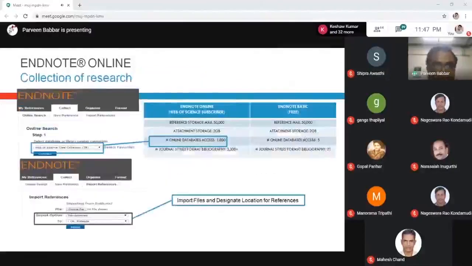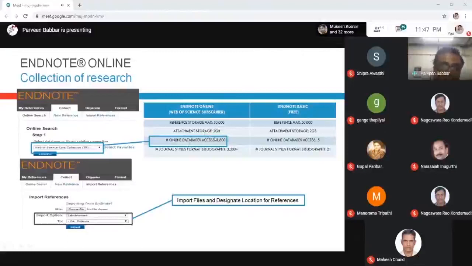As I already told you, EndNote has very good features. The EndNote Online database says reference storage is a maximum of 50,000 documents, and attachment storage is 2 GB.